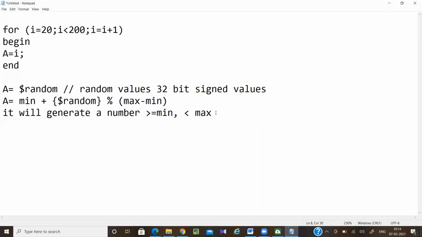So how does this work? Let me write A equal to minimum number 20 plus $random percentile (maximum minus minimum), 200 minus 20 is equal to 180.